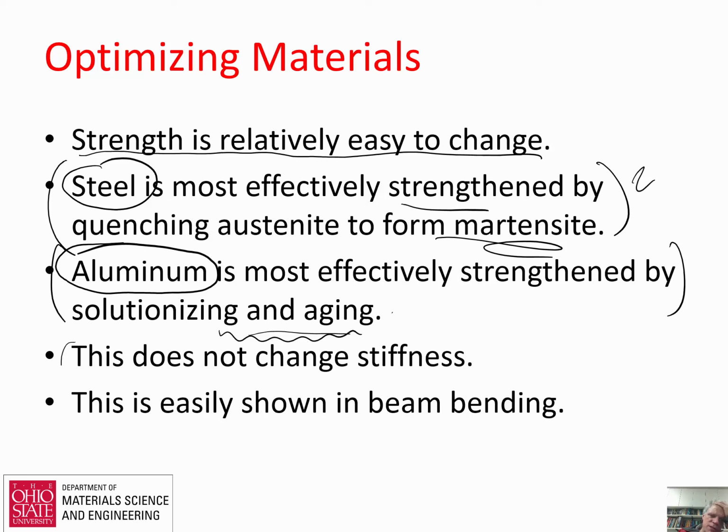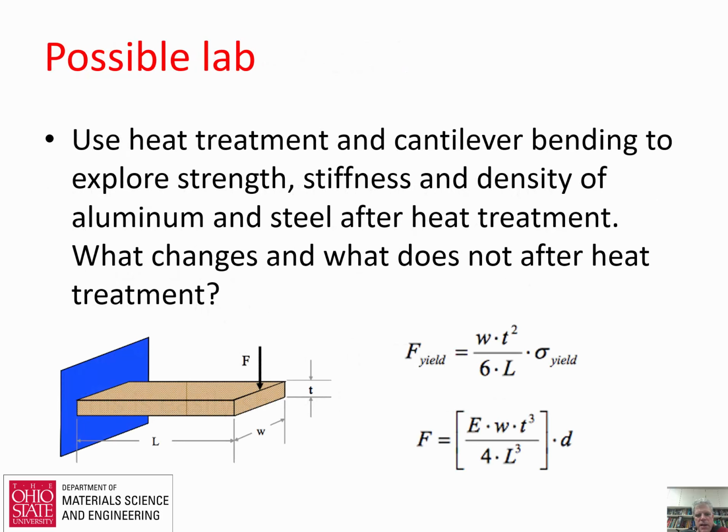In both of these, this doesn't change the stiffness, and you can easily show this in a lab environment with beam bending. So a possible lab you might want to do is the following. We can easily develop something where we use heat treatment and cantilever beam bending to explore strength, stiffness, and density of aluminum and steel after heat treatment. The question we have is what changes after heat treatment and what does not. Well, it turns out that the stiffness does not change much, density does not change much, if at all, but